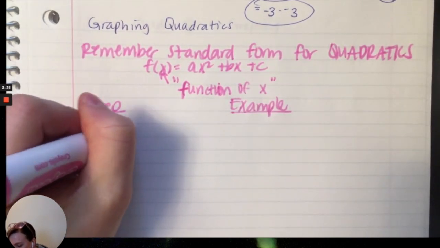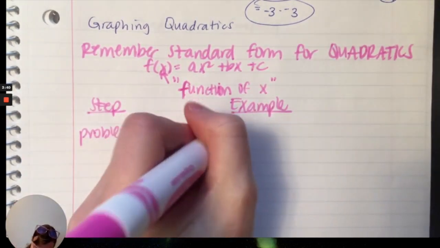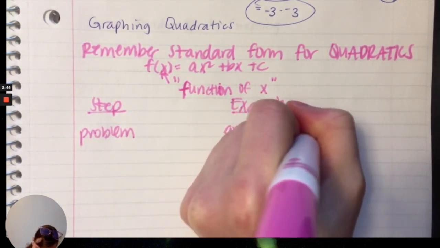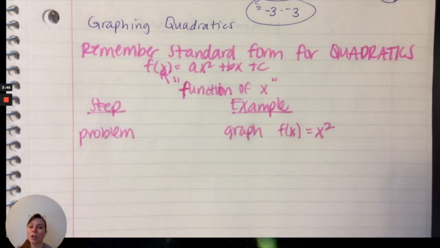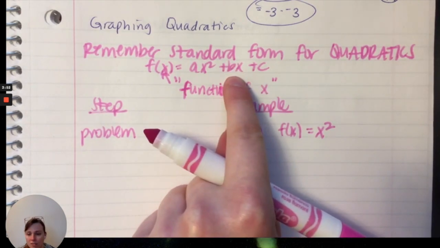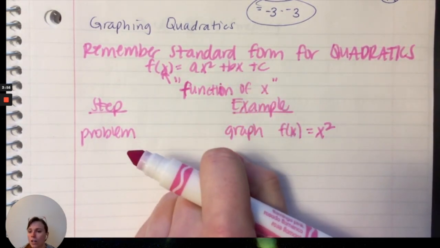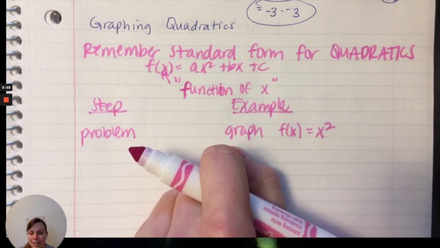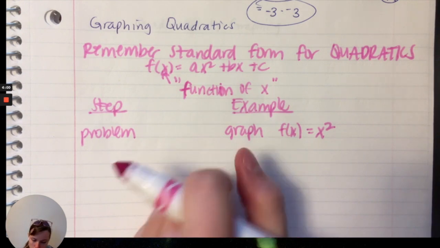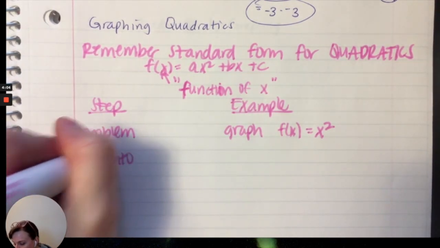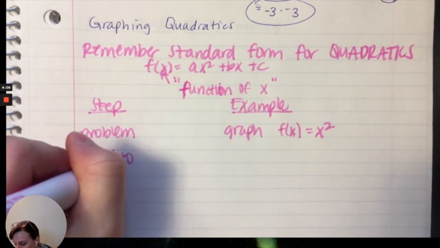The problem that they are going to give us is to graph the parent function f of x equals x squared. This is called a parent function because it is the most basic quadratic there is, okay? We're dropping off the bx, we're dropping off that linear term, we're dropping off a constant. It's literally just 1 times x squared. So it's just x times x, all right? So now we're going to put it into standard